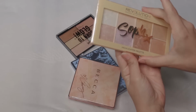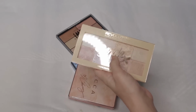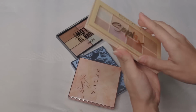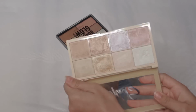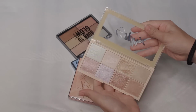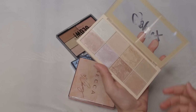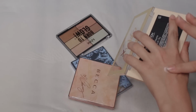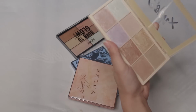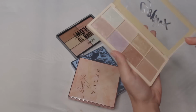Makeup Revolution and Soph palette. What is her? Soph Does Nails. Yes, Soph Does Nails is the account that collaborated on this. I love her a lot. I've been following her for a couple of years now. She collaborated for an eyeshadow palette and this highlighter palette, and this is beyond slept on. This is another reason why I'm glad I'm not keeping that Solstice palette, because I was thinking about this shade right here. It's very similar, and